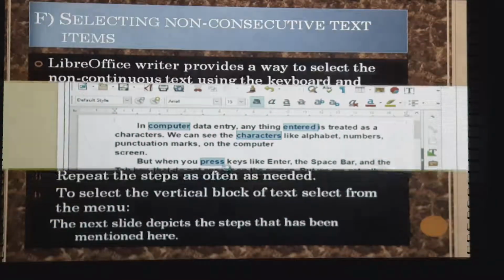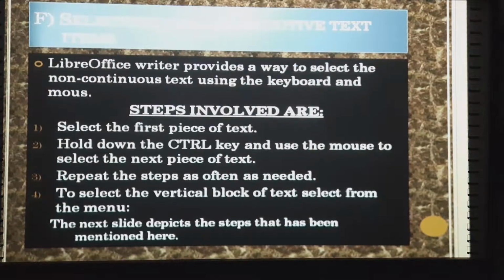Whenever we are supposed to do this task of non-consecutive text selection, the text that has to be selected first should be selected, followed by pressing and holding the Control key and then using the mouse to select the next piece of text, and then repeat the steps as often as needed.